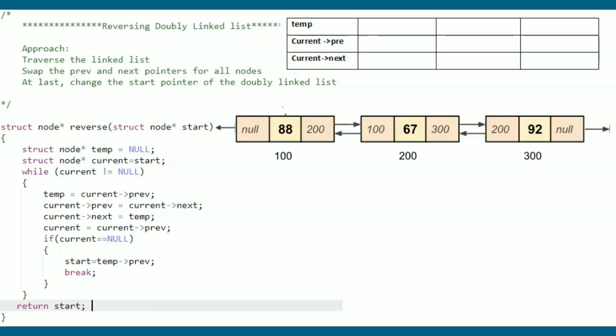For today's session, we are going to discuss reversing a doubly linked list. So what approach are we going to follow here? The approach will be that we are going to traverse the linked list. While traversing, we are trying to perform the swap operation between the next and previous pointers. And when we reach the end of the linked list while traversing, we will update the start pointer of